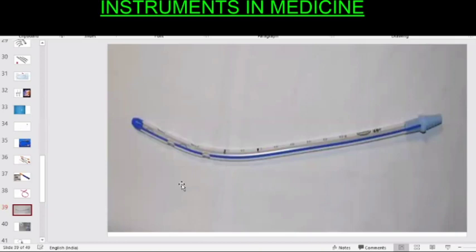It can be inserted in the fifth intercostal space, as well as in your second intercostal space also. It depends on the skill of the surgeon, the location of the loculated effusion or the loculated empyema, and the site of the pneumothorax also. And it can be inserted in the midclavicular line or in the mid-axillary line also.